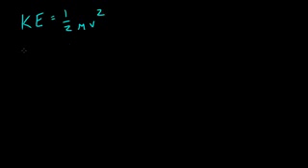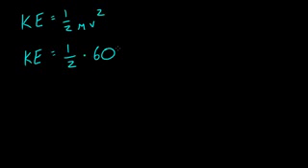So let's go ahead and take a look at an example. Say that, I don't know, what can my example be? A dude running across the street or something. So the first thing we do is we take 1/2 because that's the constant, we always need that. After that, you multiply it by the mass of an object. Now, the mass of me is probably 60 kilograms or somewhere around that. Now, say that I was traveling at a rate of 23 meters per second.